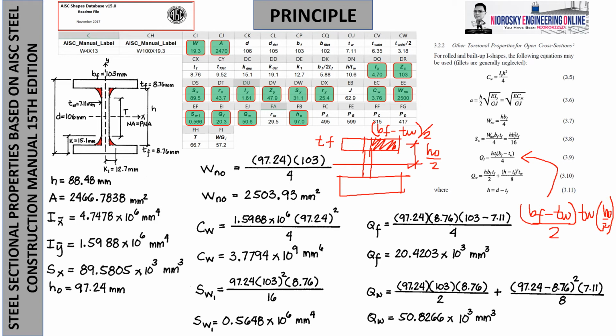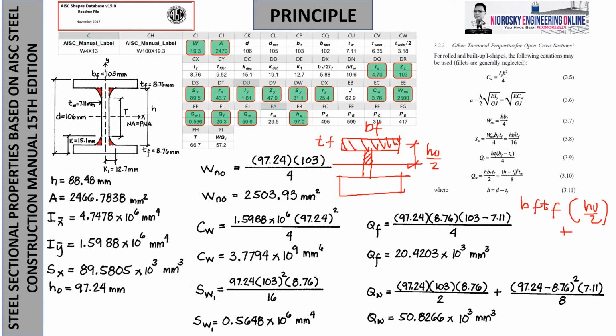Now, for the other one, how do we compute it? You will need to get the whole, to make the web. So for the Q sub W, which is our interest, the QW at the neutral axis plane, you need to get the whole. So first take the full flange, since you have already passed the whole flange. So BF times TF times the centroid H sub naught over 2 plus,